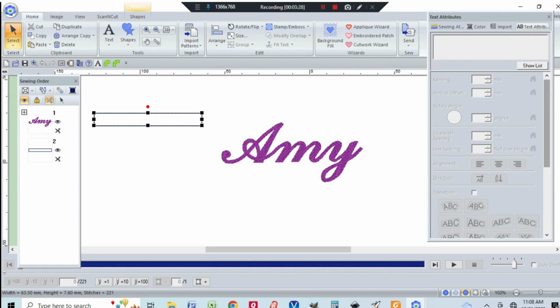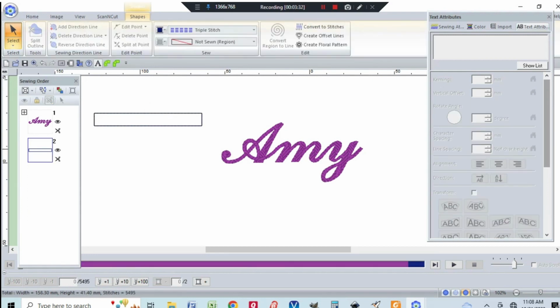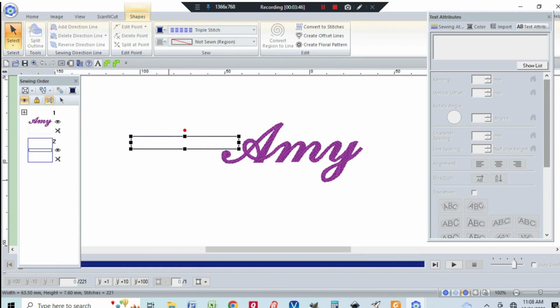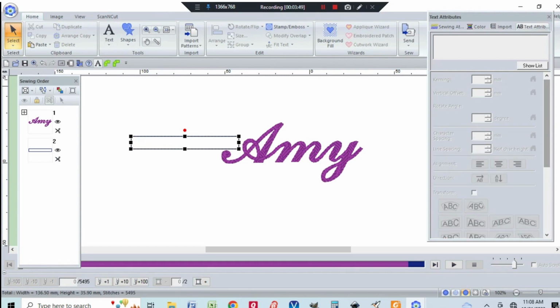Go ahead and move your rectangle closer to your name or your word of choice. It doesn't necessarily have to connect to the name. It can be close to it. And then you're going to go to select all